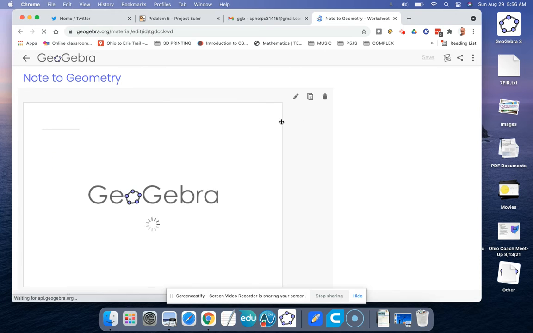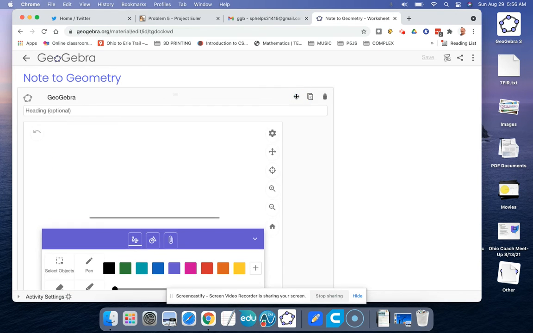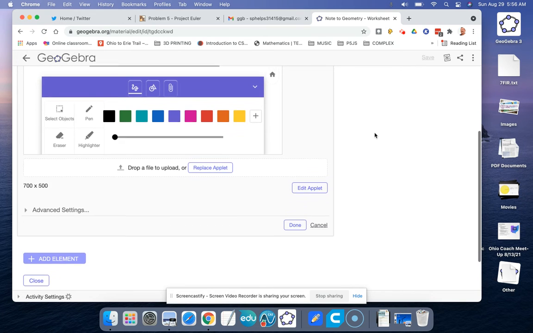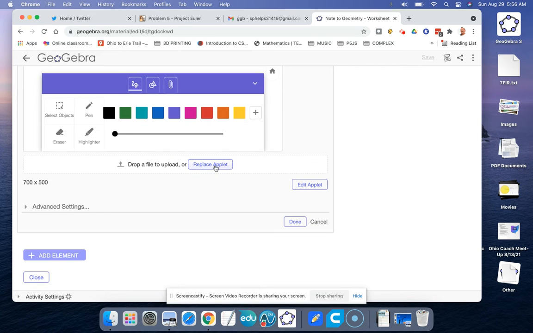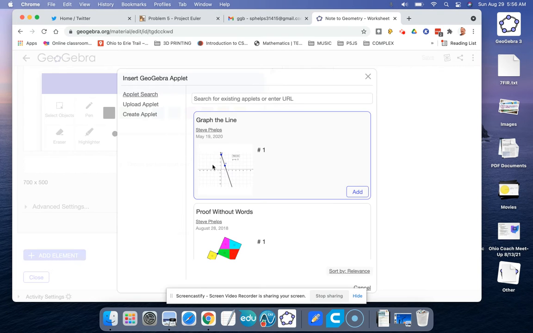and then I'm going to click on the little editing pencil in the component, and then it allows me to replace the applet. So I'm going to replace the applet. If you have one created, you can also search for an applet, but that would need to be a standalone applet, which might not be